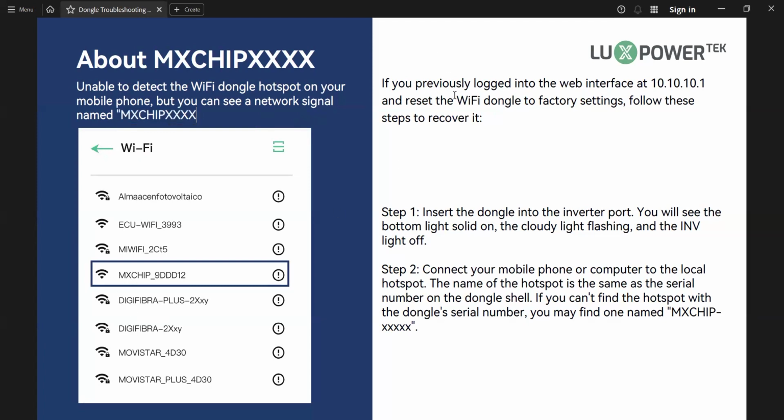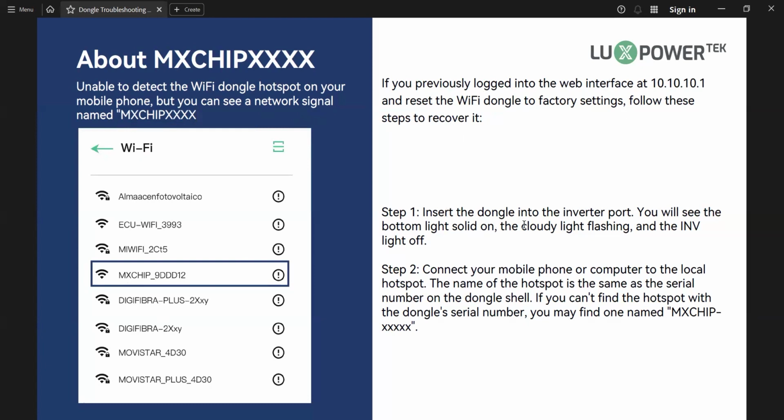If you previously logged into the web interface at 10.10.10.1 and reset the Wi-Fi dongle to factory settings, follow this step to recover it.